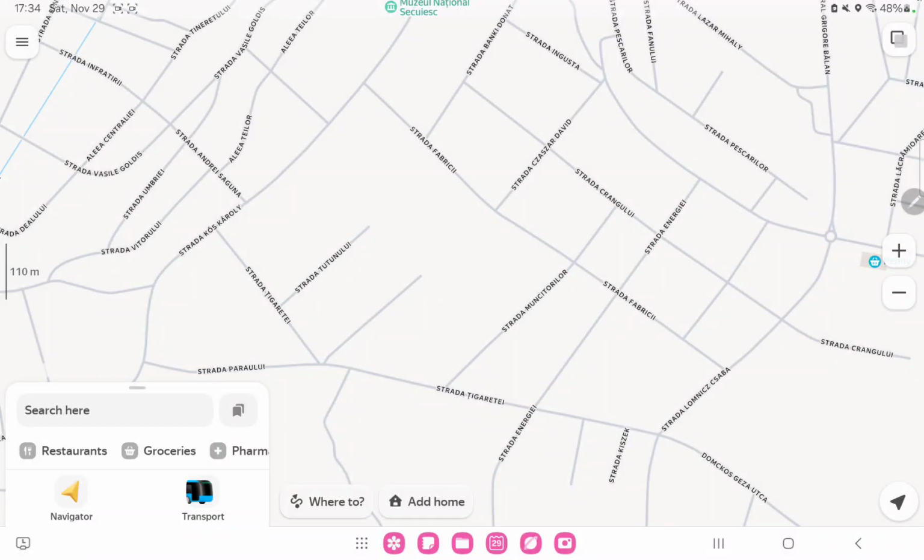Hello guys, in this video I'm going to show you how to turn on road marking alert on the Yandex